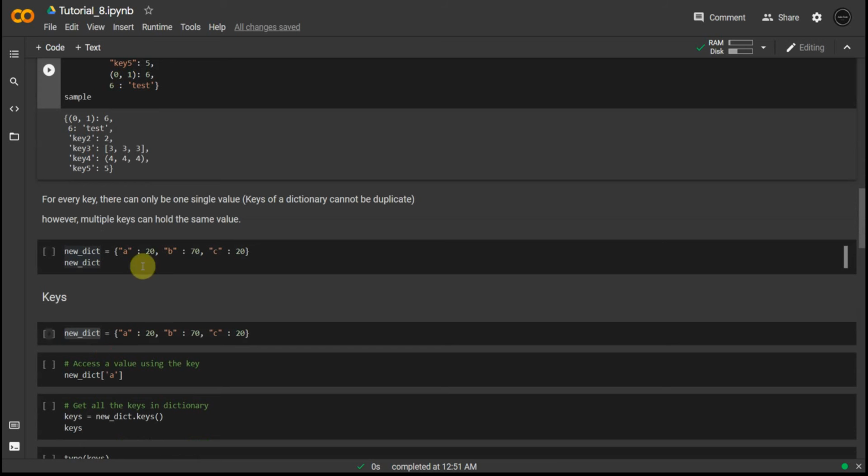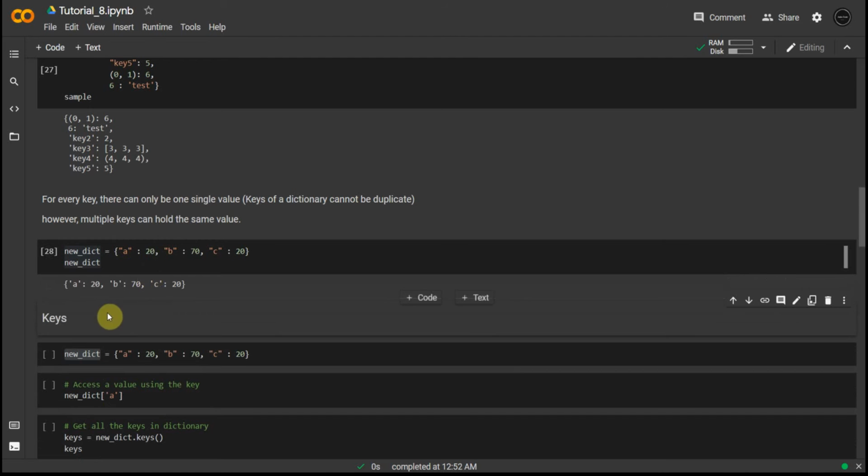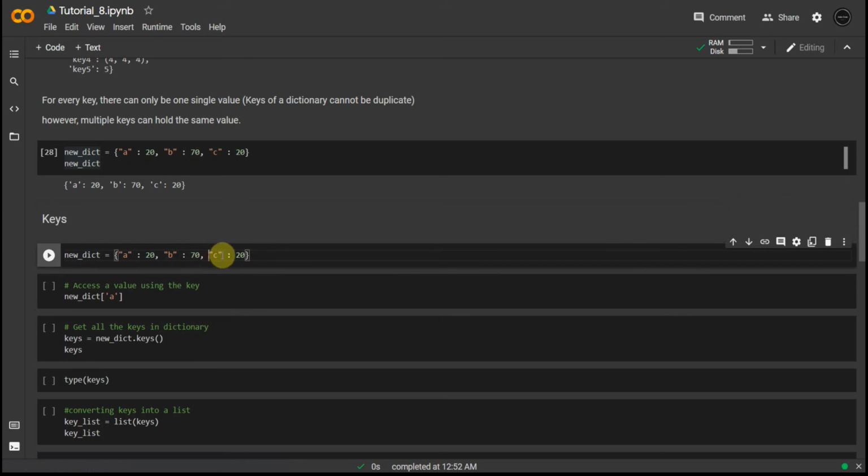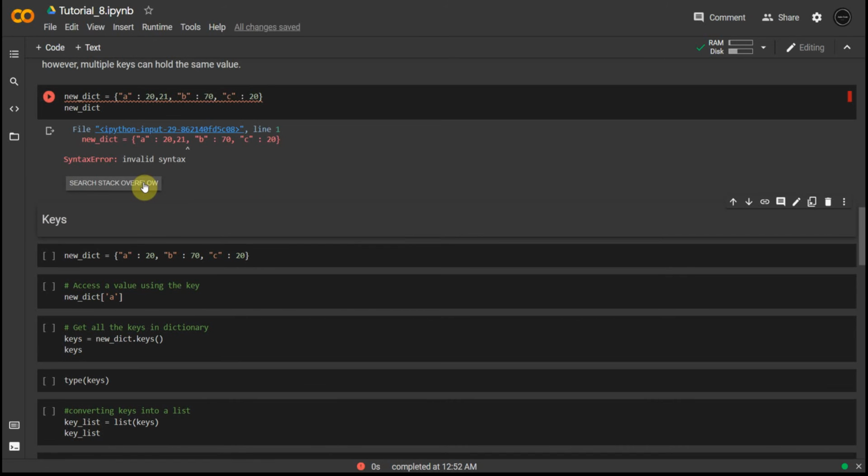Now the next thing is we can have this, for example, this is a new dictionary, just for an example. And if I try to, let's say, do this, with a comma, this is not valid.